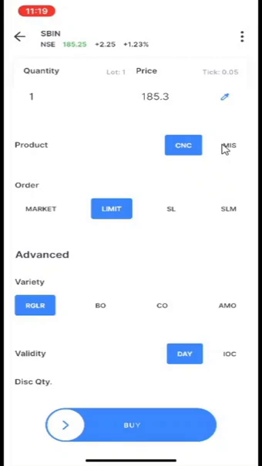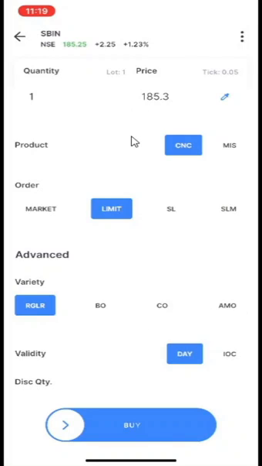For this, Zerodha will give you leverage. Using leverage, we can buy more shares using a lower amount. For example, consider one share is trading at 100 rupees. If Zerodha is giving 10 times margin, it means using 100 rupees we can buy 10 shares. Here in order type, market means buying at the market value, limit means buying at a value lower than the market price. SL, SLM, bracket order, cover order, after market order and all I will explain in another video.